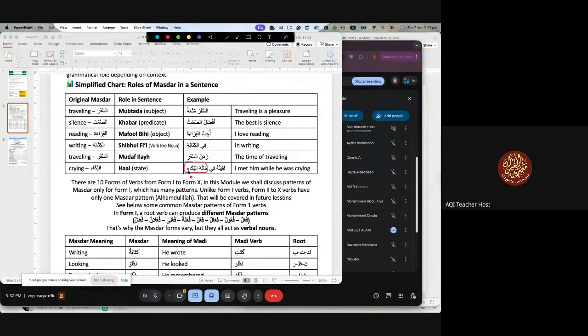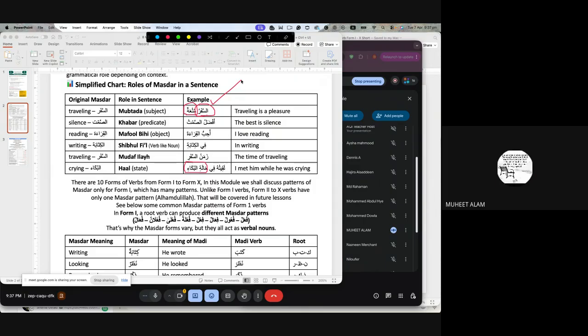Can you see? The masdar is lost. We cannot say, oh, this is a masdar, but we can see it is originally a masdar derived from a verb, and then finally it's playing the role of a mubtada or something different. So this is the point, Ustada: you cannot find it as a masdar in a sentence, although its origin is a masdar, it is playing a different role, correct?